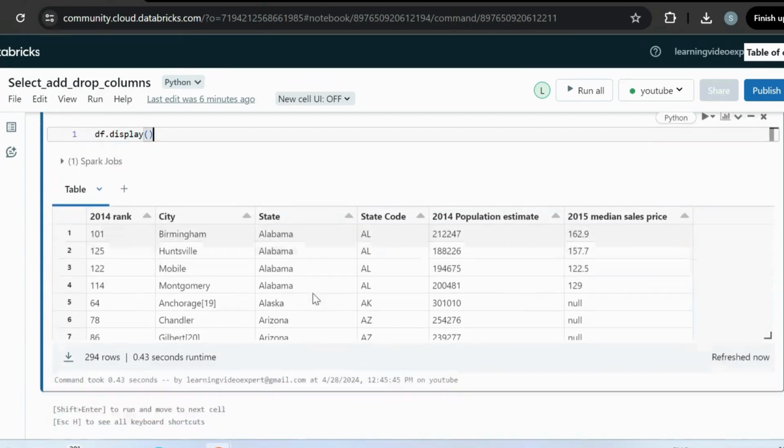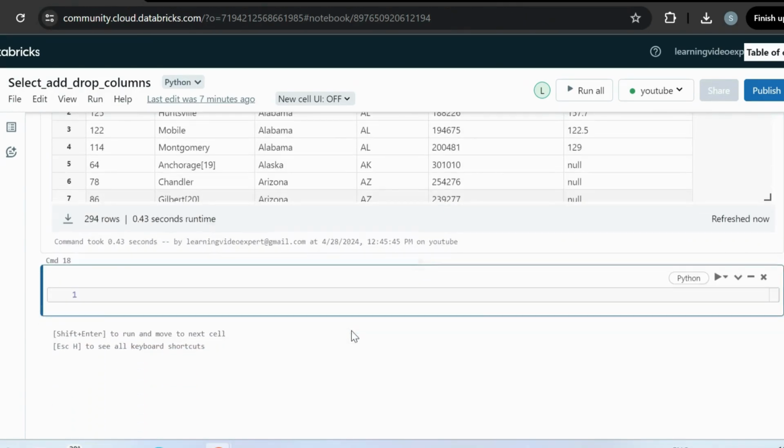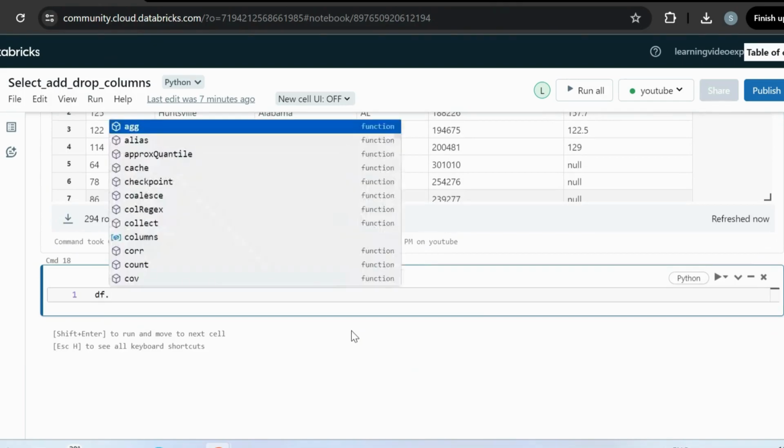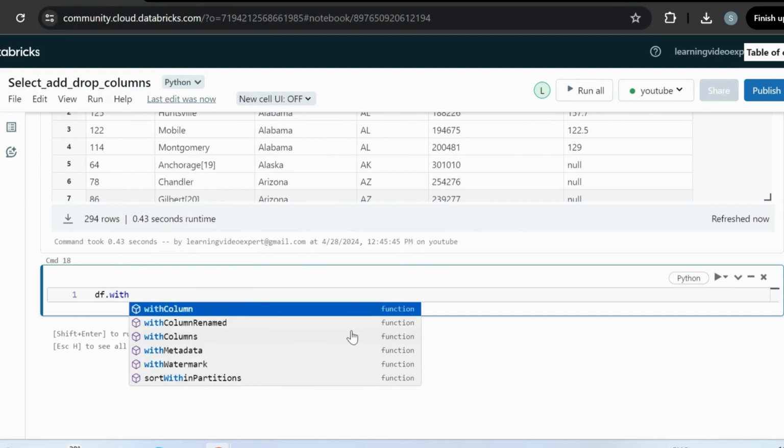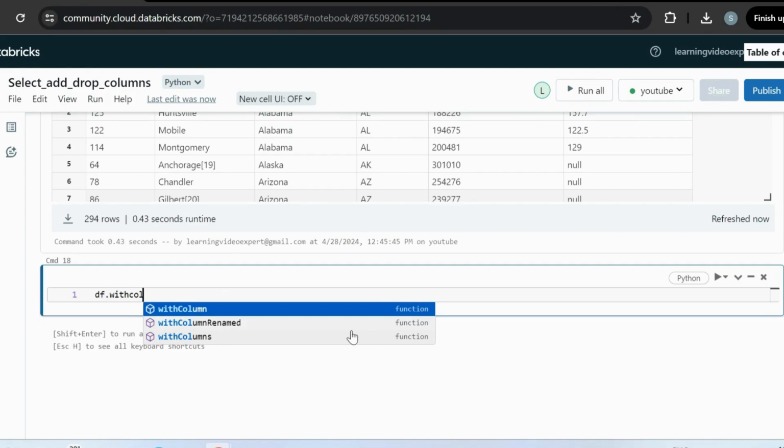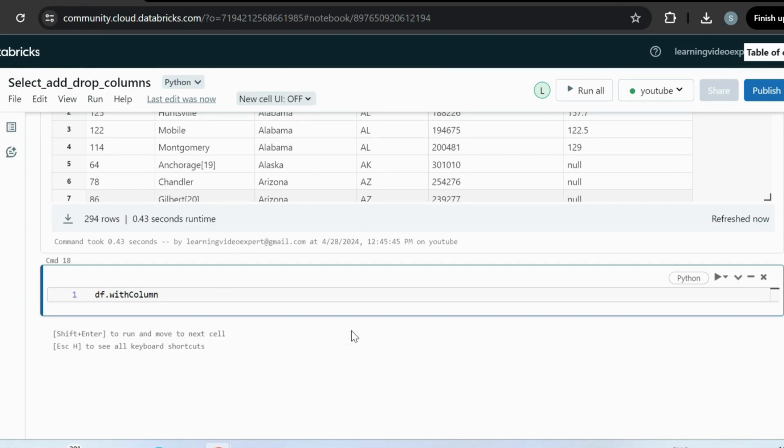Let's go ahead and add a new column to this data frame. If you just type with, these are some methods that PySpark provides. You have to mention withColumn. I will put a tab and create a new column.